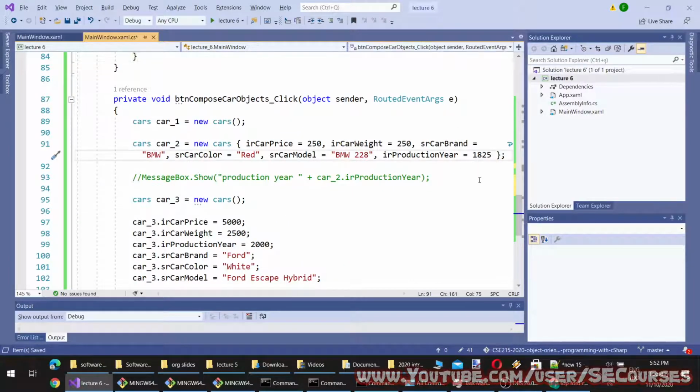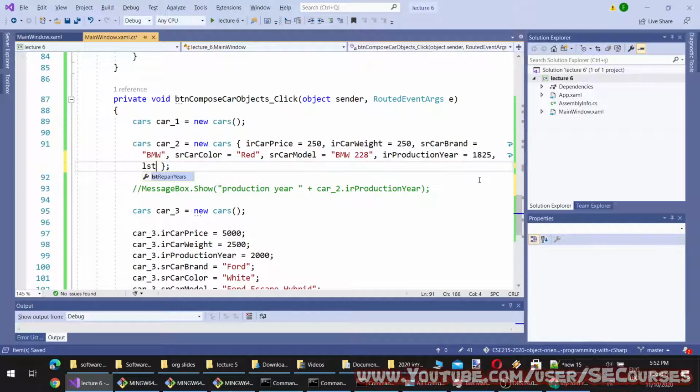You can also set the list like this, equal to new integer list, and it is repaired in 1995, 1999, or whatever.